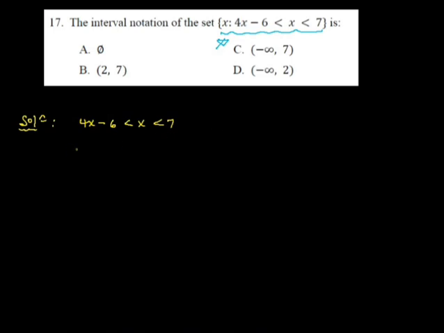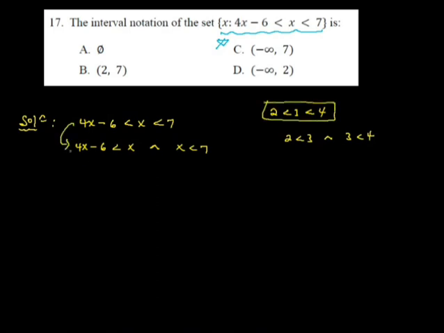So ይሄንን split ማድረግ እንችላለን። So when we split this, 4x minus 6 less than x at the same time x is less than 7 ማለት ነው። በሌላ ባጭር ቋንቋ ምን ማለት ነው? For example 2 is less than 3, 3 is less than 4 ማለት 2 is less than 3 and at the same time 3 is less than 4 የሚለውን ነገር አንድ ላይ መርጅ አድርገን ስናወራ እንደዚህ ነው የሚሆነው። So ይሄንን ስፕሊት ስናደርግ ወደዚህ ይሰጠናል። So collect like terms ይሄ ምን ይሆናል 4x minus x is less than 6 and x is less than 7 ማለት ነው።